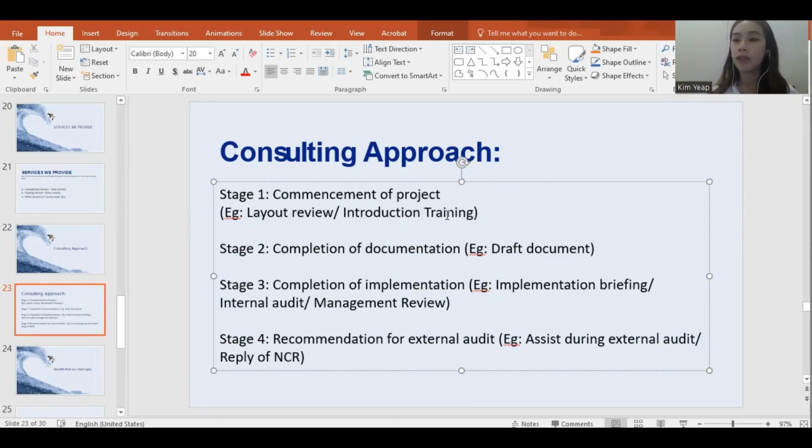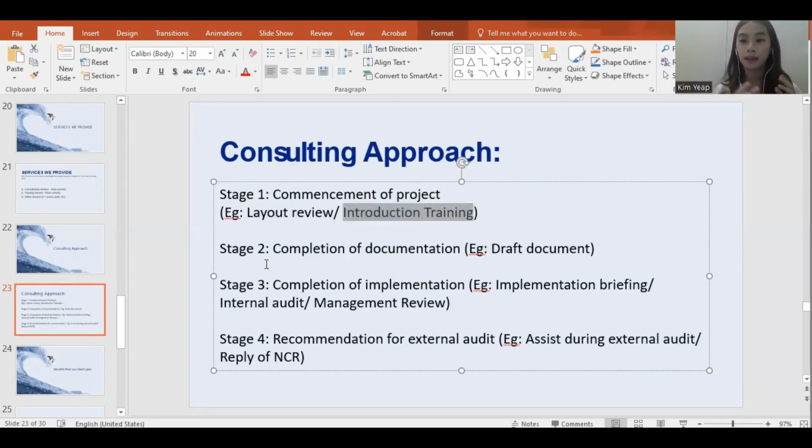It's just a day of training where the consultant will go to the client's place and open the PowerPoint slides. If, let's say, they want to get ISO 9001, the consultant, we also call them a trainer, will train on the ISO requirements and tell them, hey, today your company decided to comply to ISO 9001 and get the certificate. Let me teach you about the requirements first. So it's a day of training. Okay, after the introduction training, you will then move on to the second stage.